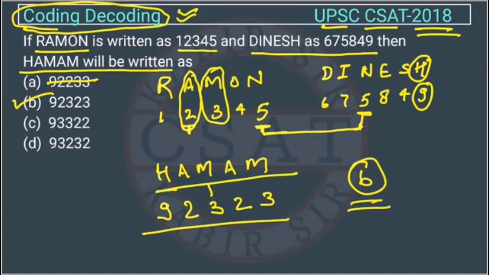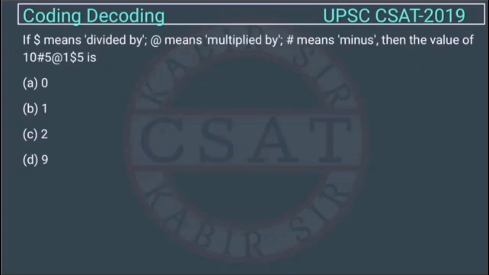I hope ये आप सबको समझ आ गया होगा. If you guys still have some issues, you can connect with us and I will explain this question personally. This is a question of reasoning from the chapter Coding and Decoding, asked by UPSC in their CSAT paper